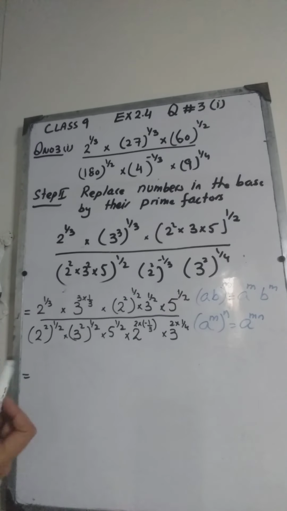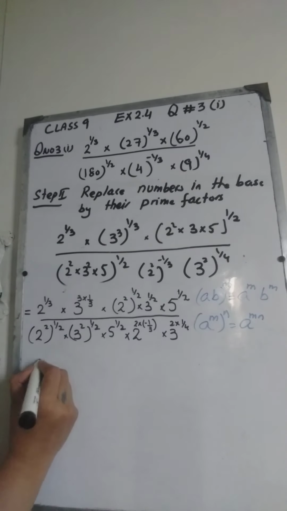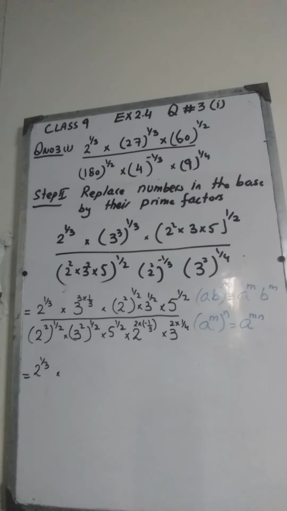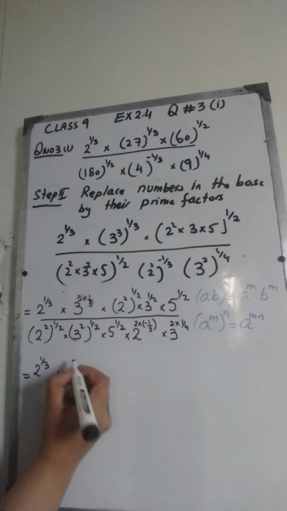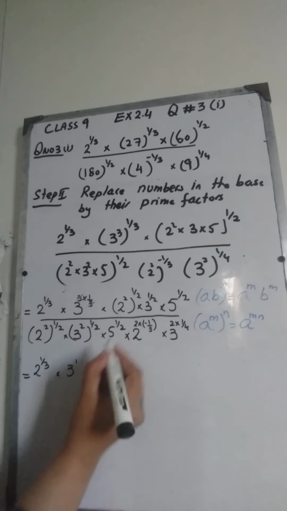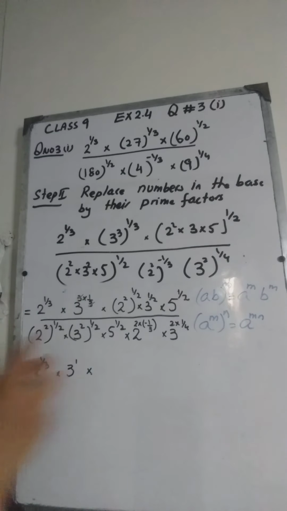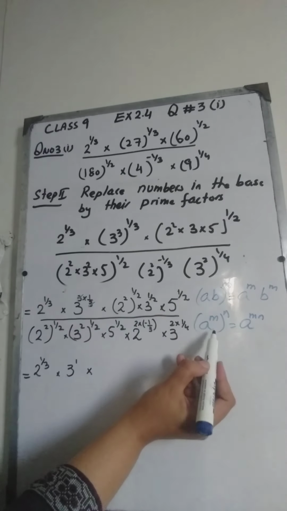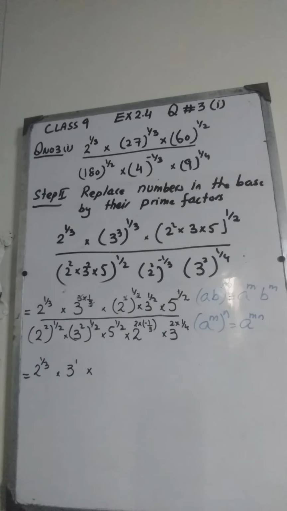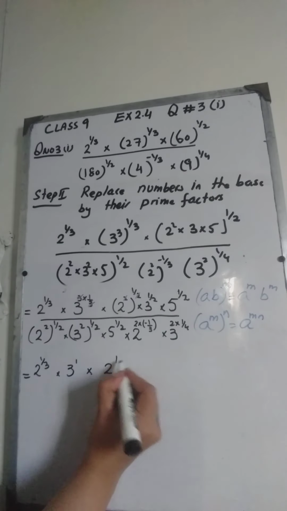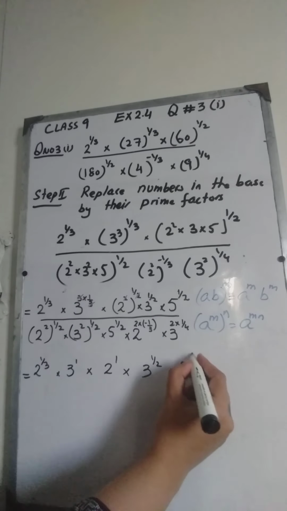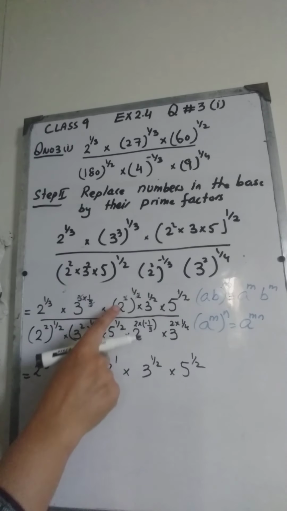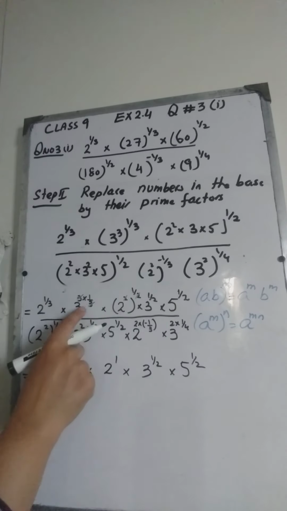Over here what we got is 2 raised to a power 1 by 3, and we are going to cancel out 3 and 3, because when 3 is multiplied with 1 by 3 you get 1. So the power is going to be 3 raised to a power 1, and then here also when these two numbers are multiplied by this law, the answer will be 2 raised to a power 1 into 3 raised to a power 1 by 2, 5 raised to a power 1 by 2. These are going to remain the same. Here we have cancelled out the powers because they are going to be multiplied as in this case.